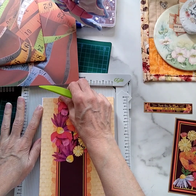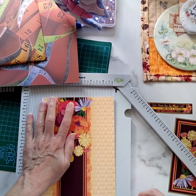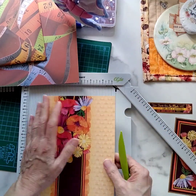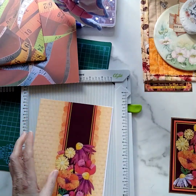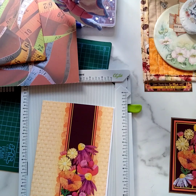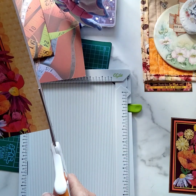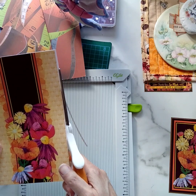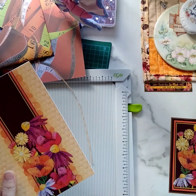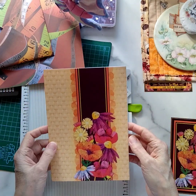I do want to bring this up. Even it up at the bottom at least. Okay. Alright, that's a little better. Okay, so now I only have this little bit there that I'm going to trim off. Hunting for the scissors, so I put it right back in the caddy because it's ridiculous. Okay, so now,